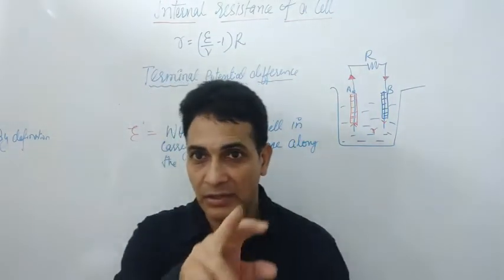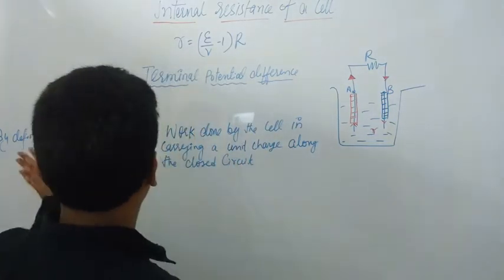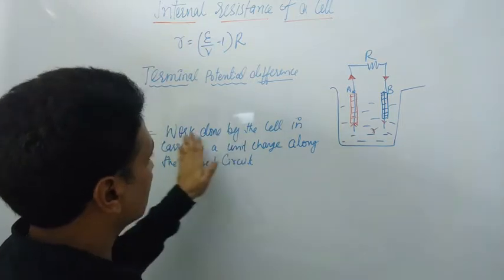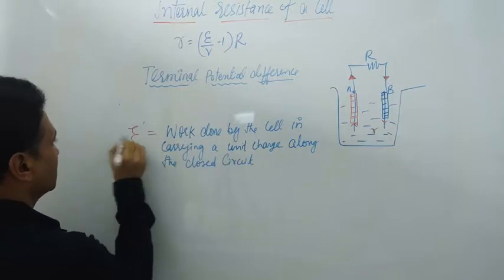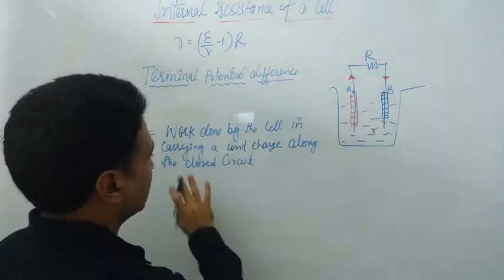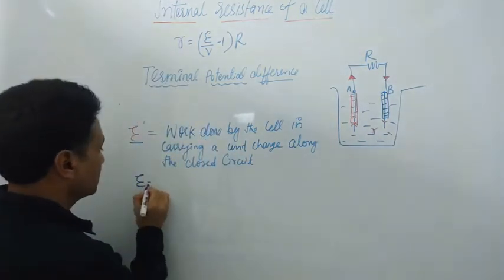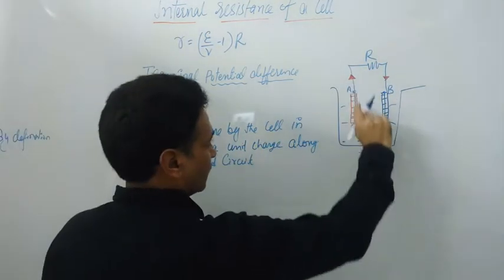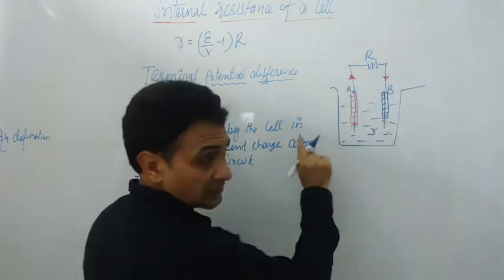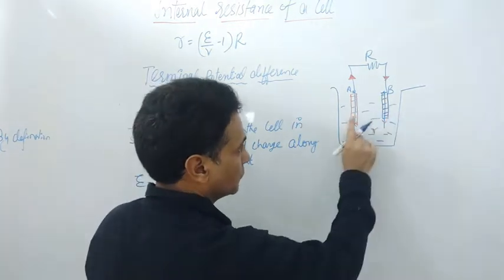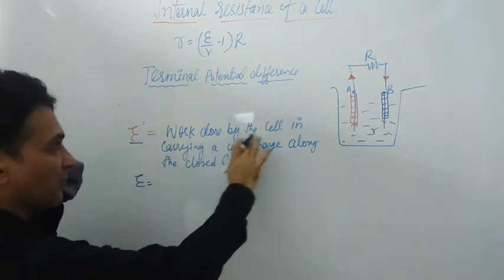जब करंट ड्रॉ नहीं हुआ सर्किट से, that is EMF. So we will discuss here that by definition of work done, by definition of EMF, that is this is EMF, work done by the cell in carrying a unit charge along the closed circuit. That is, जो work done किया in carrying the charge along the closed circuit, यहाँ से external resistance लेके internal resistance from A electrode to B and B electrode to A. So this is the definition, work done by the cell.